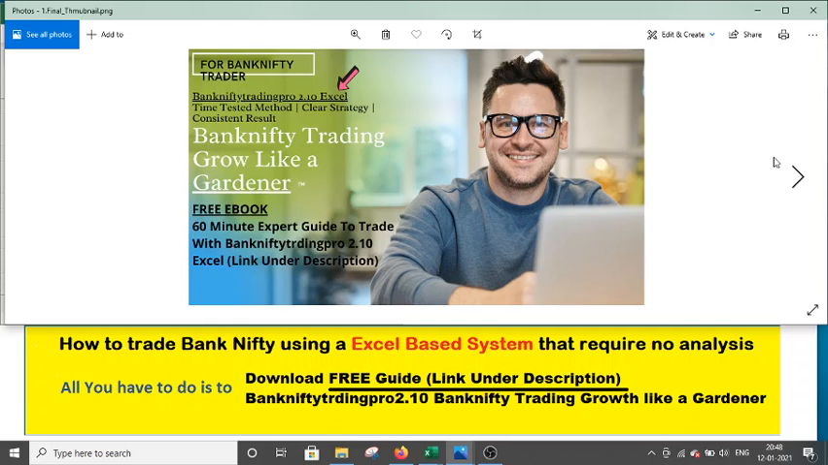In today's topic, I will discuss one of the important aspects of trading, that is how to manage losses. I will show you one of the losing trade examples today to make you understand how this Banknifty Trading